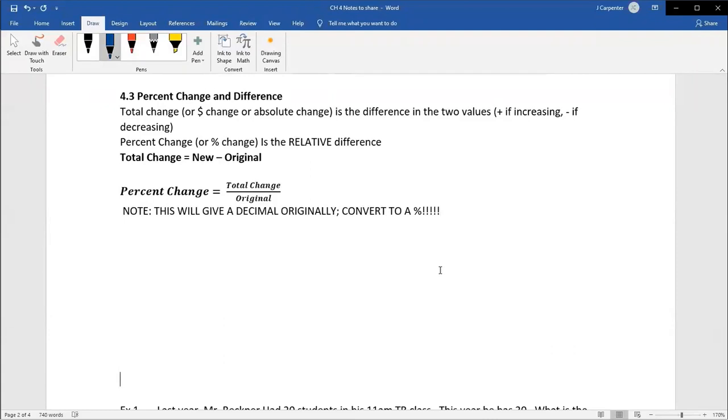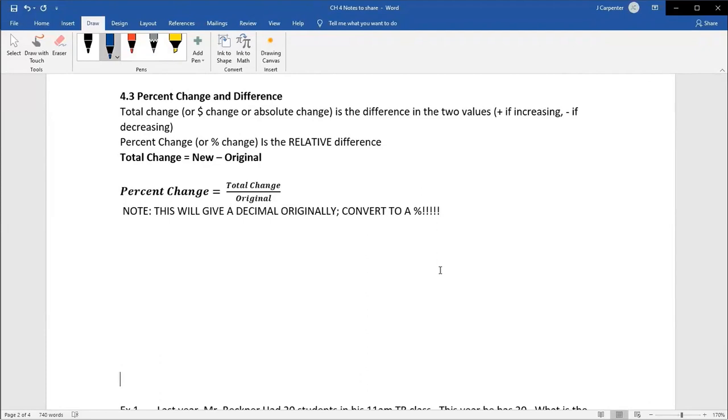This is my favorite topic in the course that isn't just pure finance. It's my favorite topic in the course because if you ever get a pay raise, this is what your pay raise is based off of. If your house ever increases in value, this is how it increases. If you're ever trying to talk about your strength gains or weight gains as a percentage, if you're gaining muscle, or weight losses as a percentage, this is what it's based off. There are literally trillions of things in this universe that deal with percent change and total change. Stock market stuff, I see it every day.